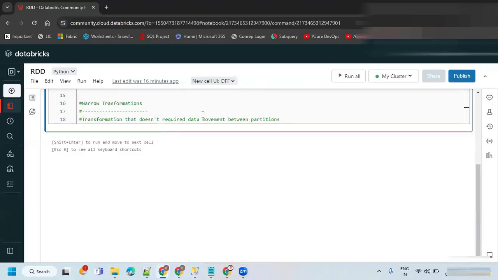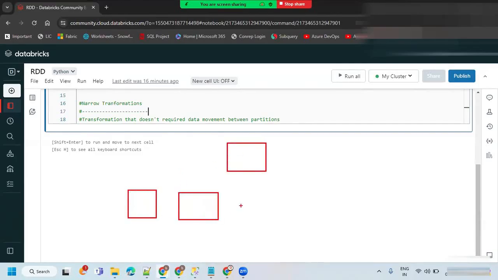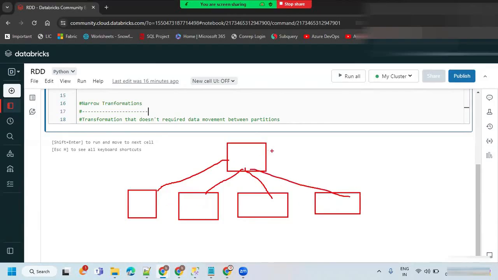So what happens is, the moment you start doing the transformation, you will be having a cluster, right? Let's say here it is a 4 node cluster. One will be the master and the rest of them will be the worker nodes. So this is the master and these are all the workers.